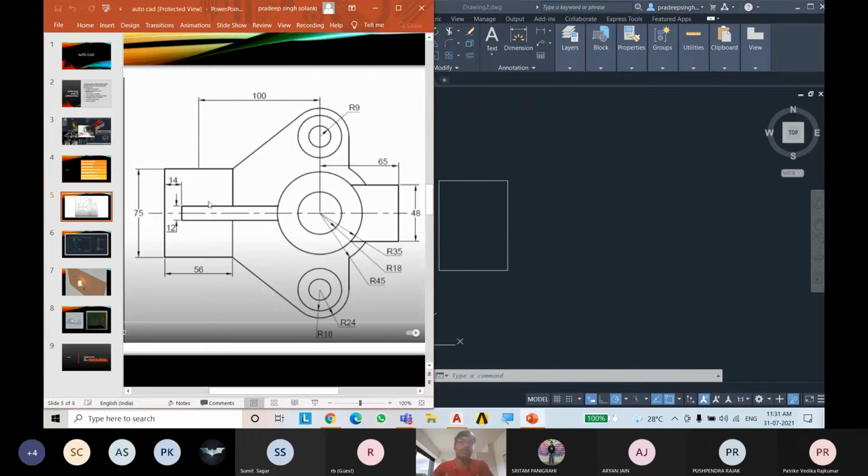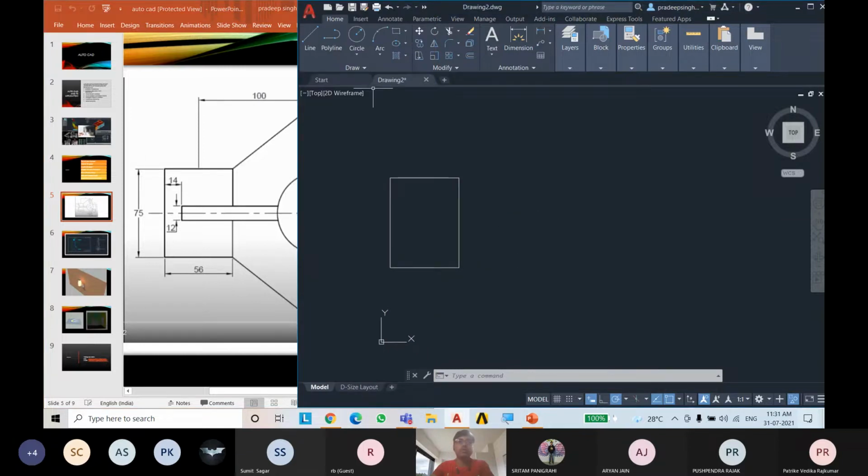Now you can see that this circle is 100 mm from the middle point of this rectangle. So now I will be drawing this circle of radius 18. To draw a circle, first we should know the center point of this rectangle. When I put the cursor, you can see some green dots coming. When I put it on an edge, it shows a rectangle type of green dot, and when I keep it in the middle, there is a triangle shape.